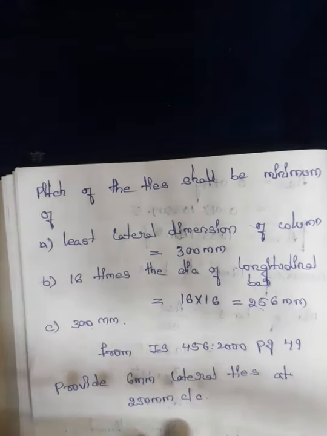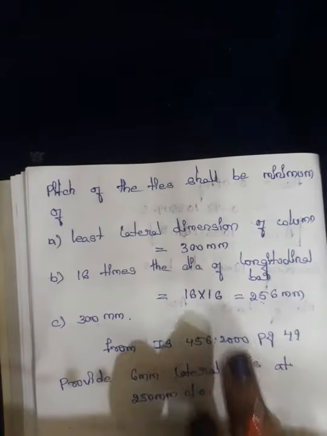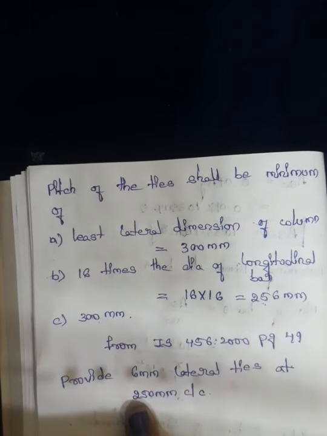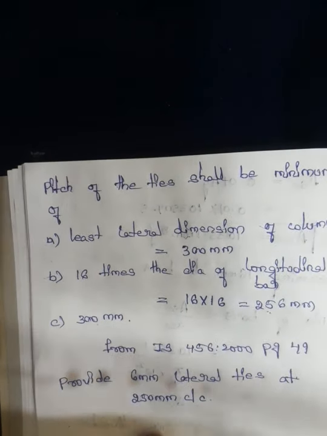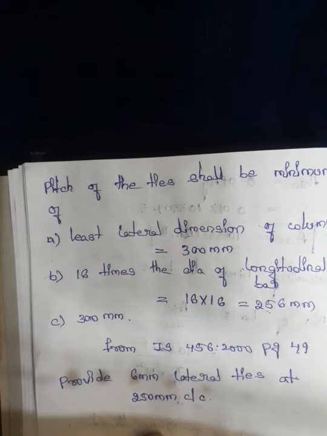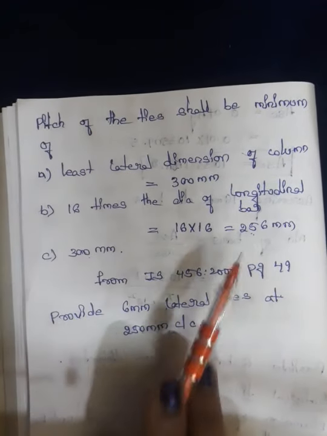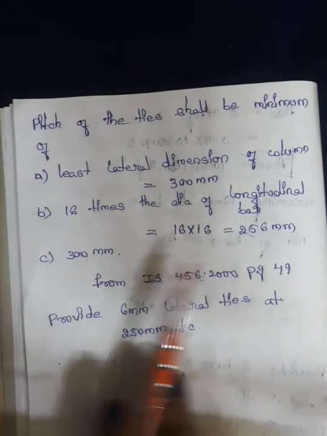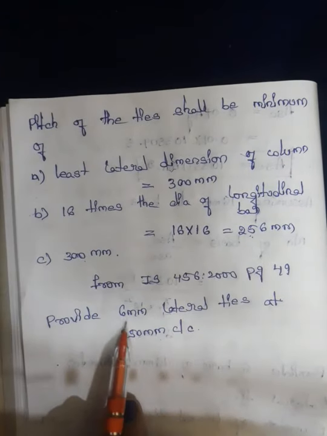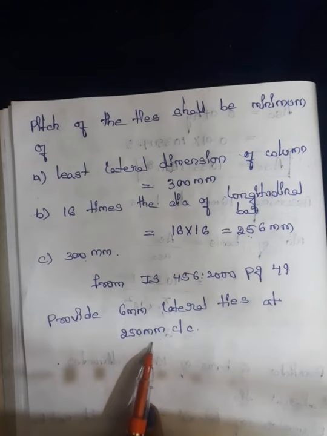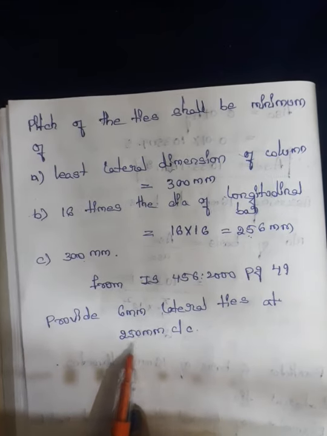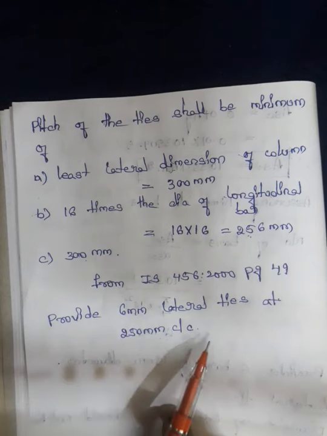When we are talking about the center to center distance, when we are providing the reinforcement bars, we can round it to the nearest lowest value. When we are talking about the diameters, depth, or breadth of the column, you can go for the increasing value, right? When depth and breadth are more, the load carrying capacity will be more. But for center to center distances, if 256 is the bearable value and we go for 260, 270 or 300 like that, it may not have the ability to resist the forces, right? So we can round it to 250 mm center to center.